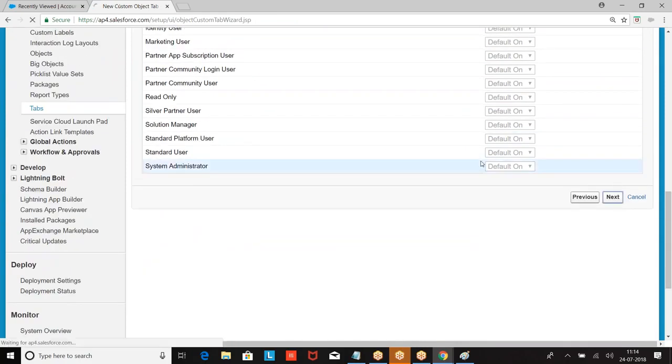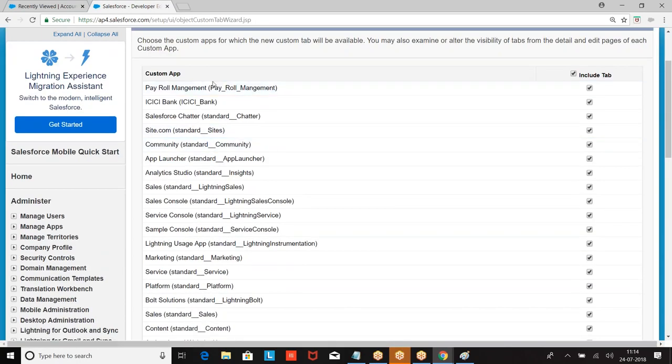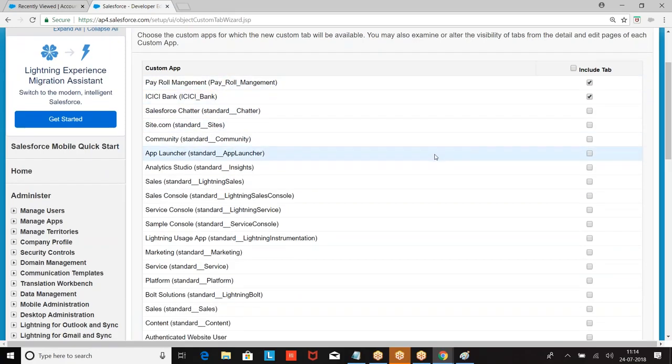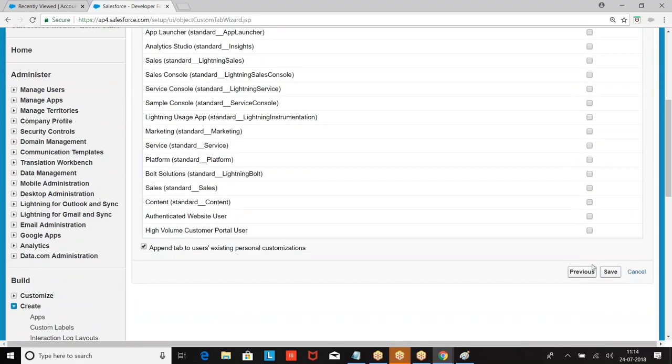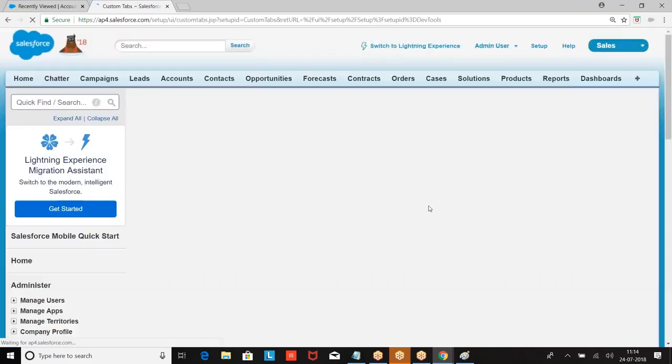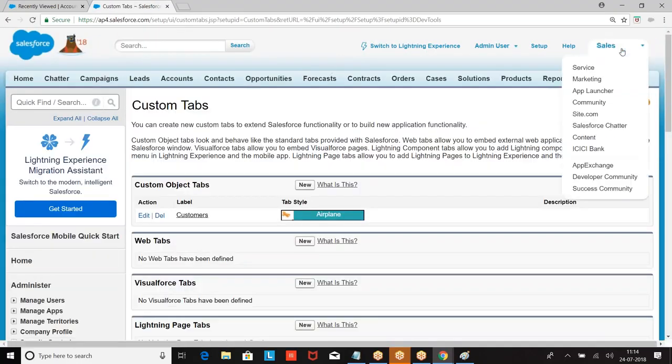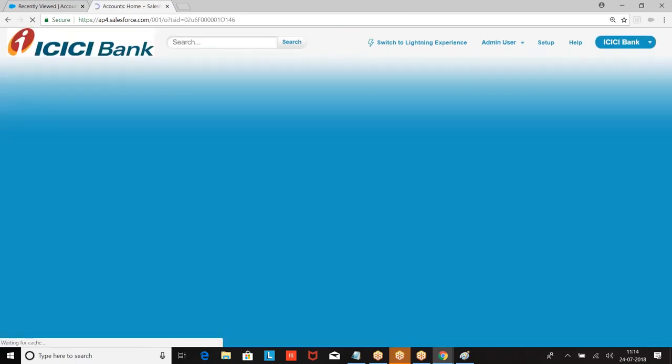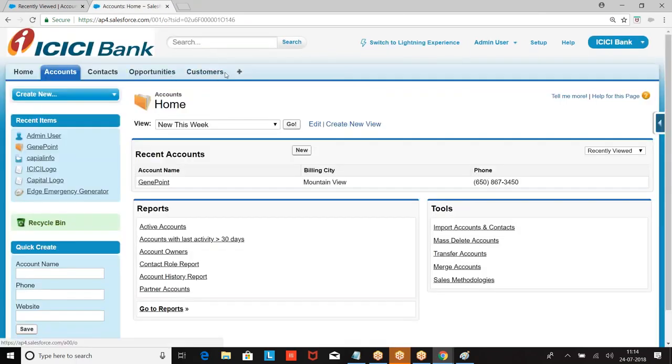Then next, in which application do you want to add this? Now I told ICICI Bank, and I am going to give ICICI Bank and ICICI Payroll Management. In these two applications I want to add it. Select the applications in which you want to show this tab. So go to ICICI Bank. Now we are able to see an object called customer tab.